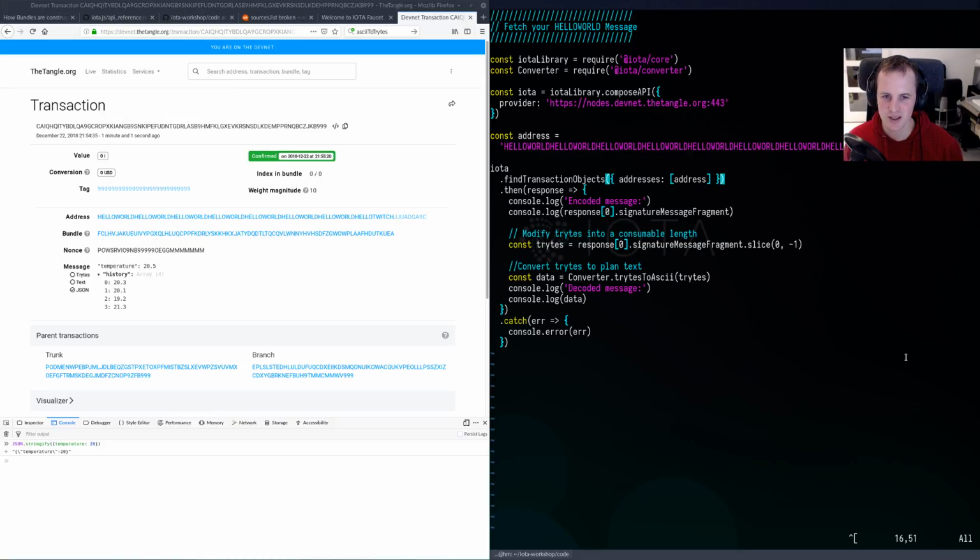Long and let domains. Yeah, I didn't even know these existed. Probably don't, but okay. So we have our address here. We find the transactions object,